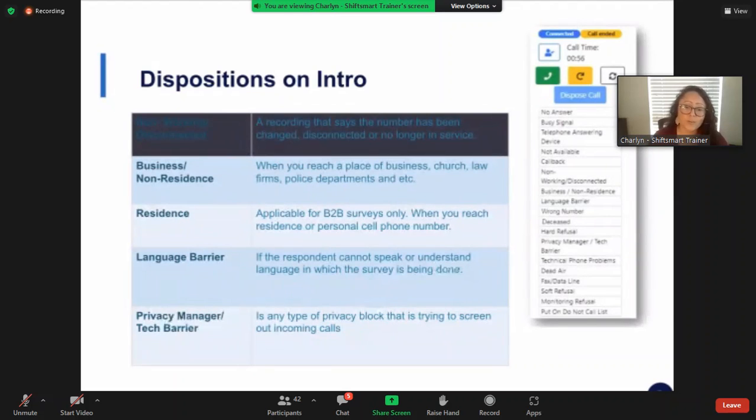So we've also got some more, and we have non-working or a disconnected number. You've called a business or a non-residence. Now, it's possible that you've called the resident